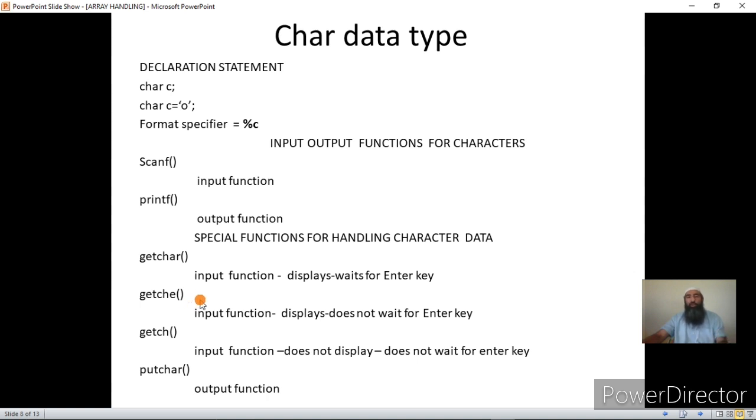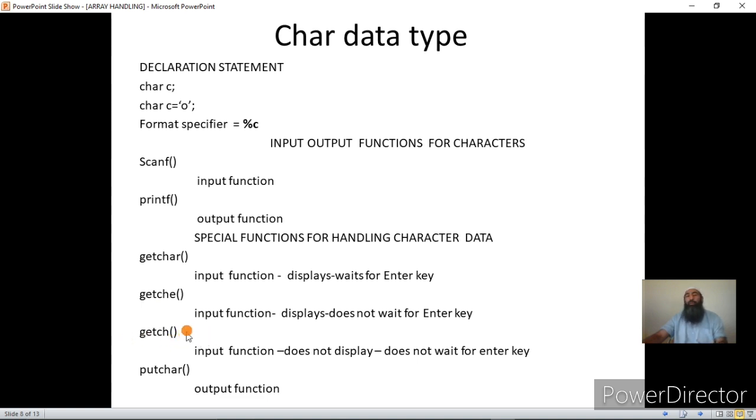But once we are taking array inputs and inputting each character and waiting for the entire key will be a tedious process. Suppose you want to enter my name, and you use single character variables for storing my name. If you use a getChar here, each time you press a character, it will wait for the enter key, and that will be tedious. For 10 characters it will be 10 times wait for the enter key. But getCh is better there for entering names or organization names, because you can input the alphabet and it will not wait for the enter key.